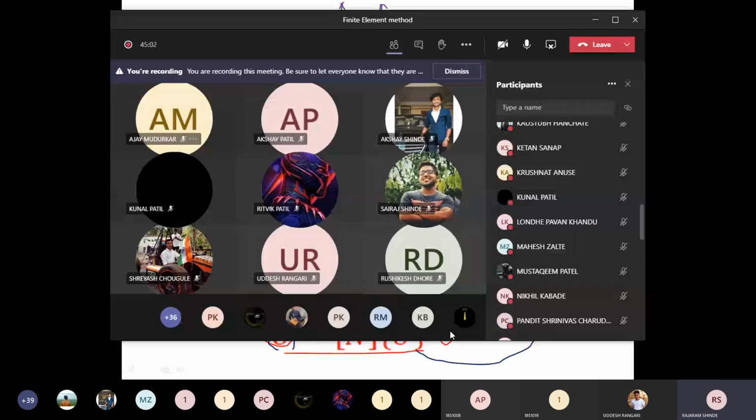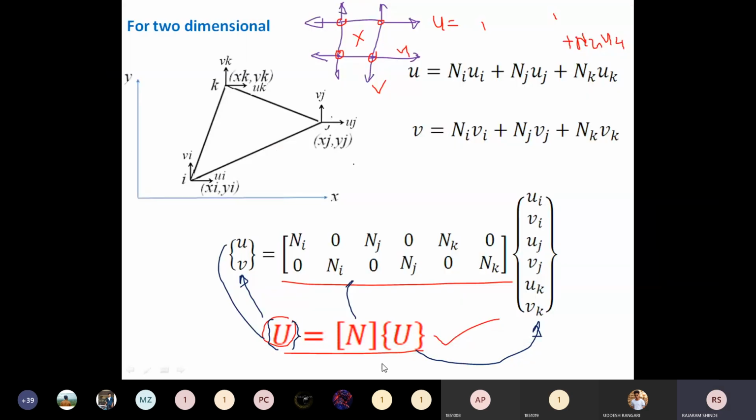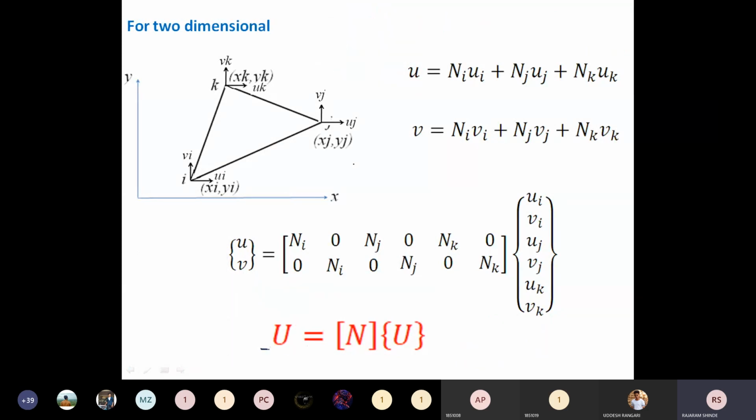मराठी सांगतो तुम्हाला, प्रत्येक इलेमेंटला हेच इक्वेशन असते, शॉर्ट फॉर्म मध्ये हेच इक्वेशन असते. फक्त त्याचं काय असते, हे यू तुम्ही कुठल्या टाईपचं इलेमेंट आहे, वेदर इट इज वन डायमेन्शनल, टू डायमेन्शनल, थ्री डायमेन्शनल, डिपेंडिंग अपॉन दॅट दिस यू विल बी चेंज. For three dimensional, your u, this u matrix will be u, v and w. It has three components. थ्री डायमेन्शनला गेला थ्री कंपोनेंट येतात. नंतर शेप फंक्शन मॅट्रिक्सची साईज वाढते.